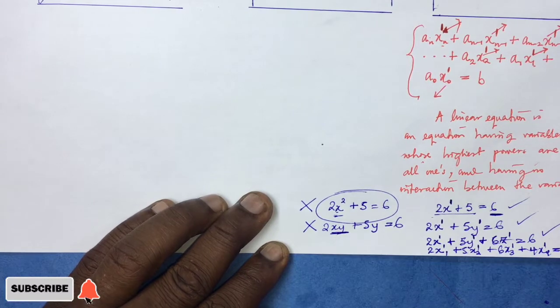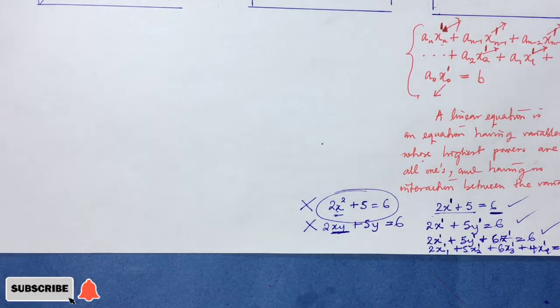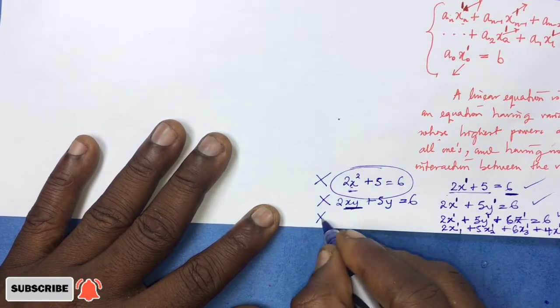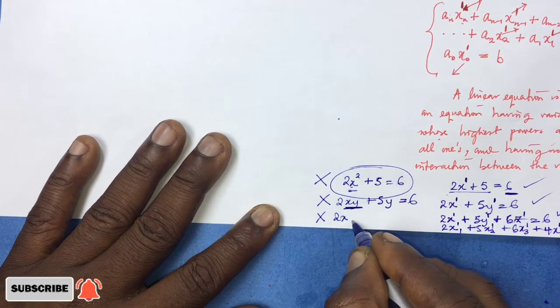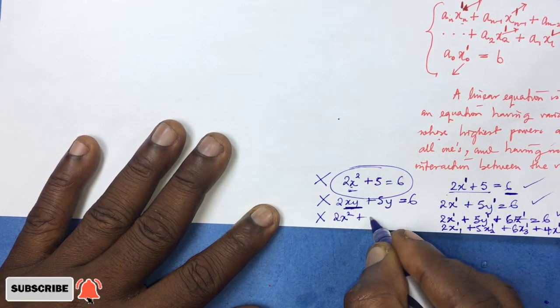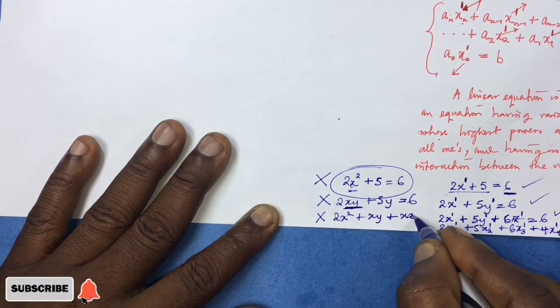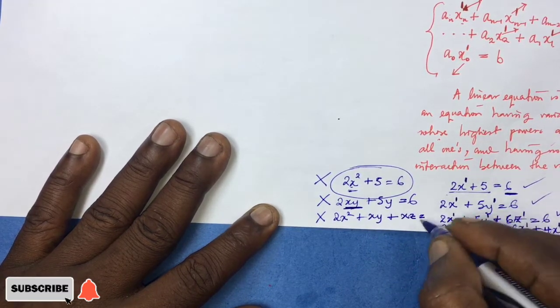x and y. There must be no interaction between the two variables, or the variables, in what is called a linear equation. There must be no interaction between a variable and itself or a variable and another variable. So this is not a linear equation. This is also not a linear equation if you have 2x squared plus xy plus xz. This is not a linear equation. All this equals